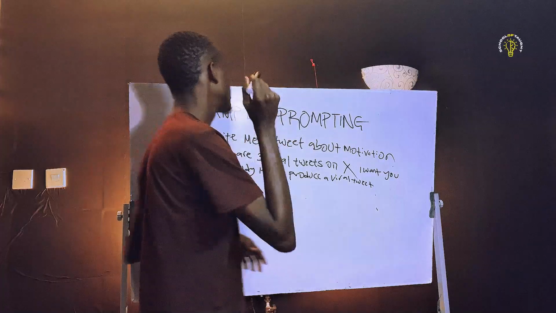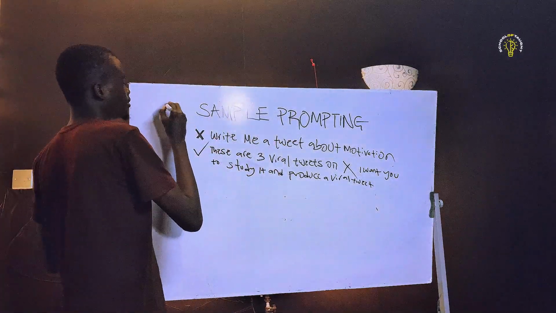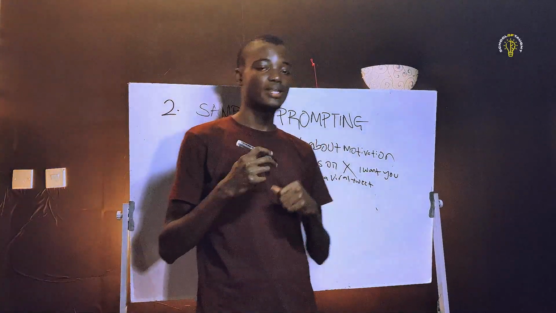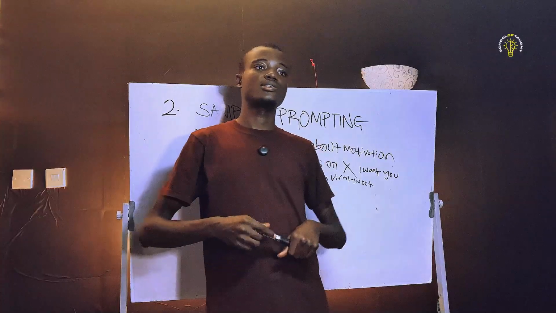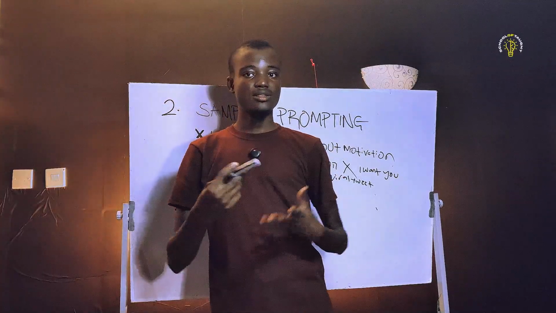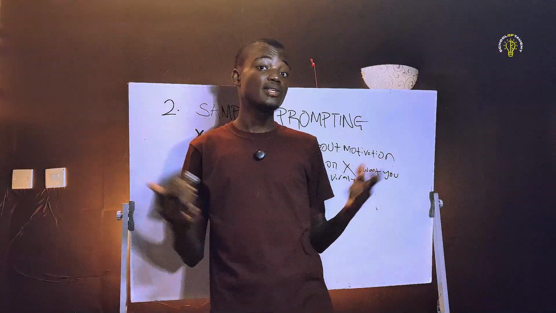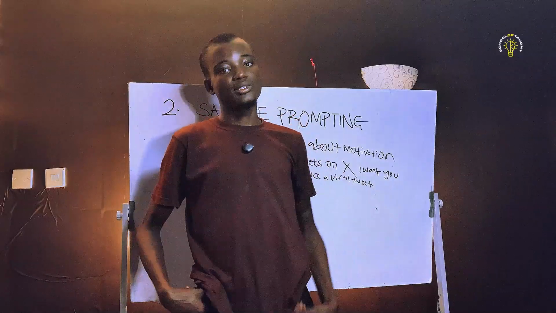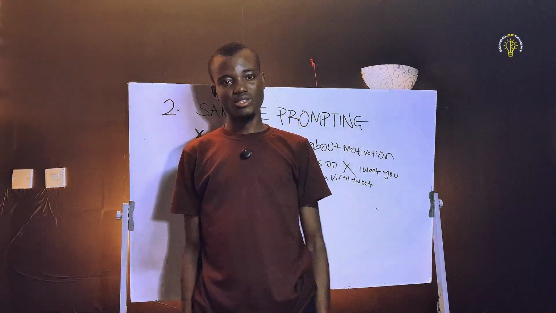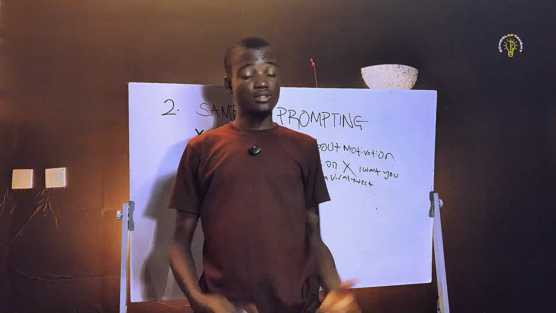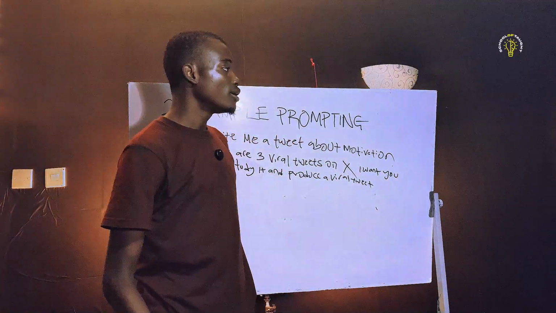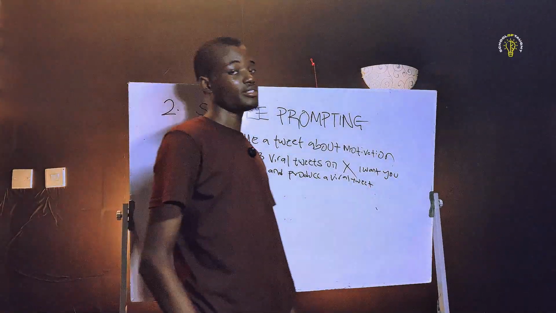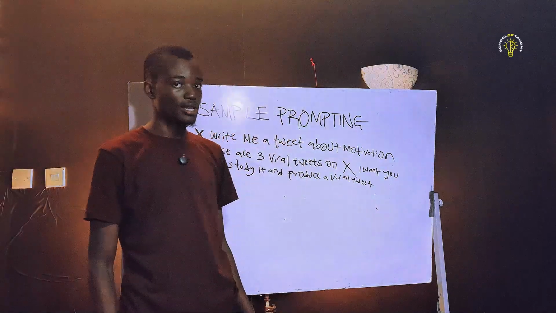Second part, we have sample prompting. This is one of the strongest tools people use to replicate what works, because there's a lot in the way AI evolves, because sometimes their training data can be outdated. So when you say generate a tweet for me, it goes back as far back as 2015 to try to generate you a tweet. So instead of saying stuff like, I want you to write me a tweet about motivation, that is a very wrong approach to AI.